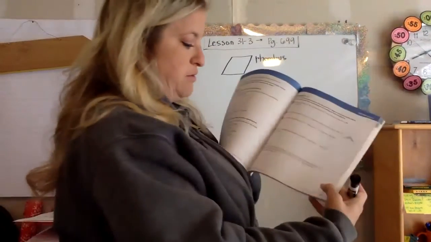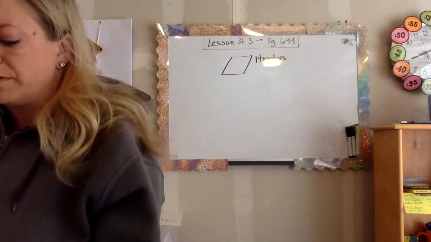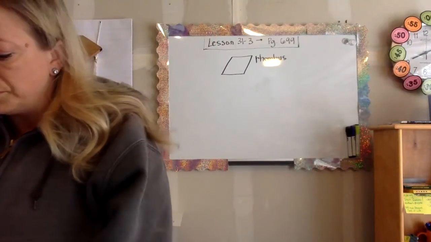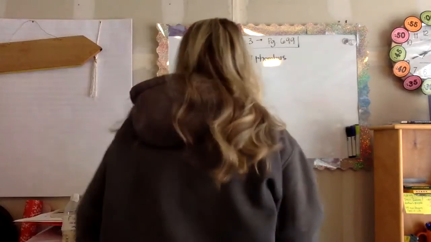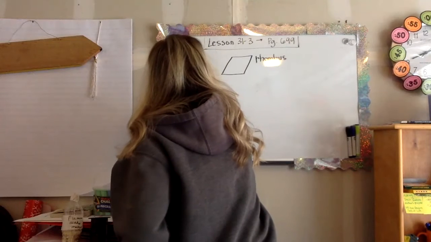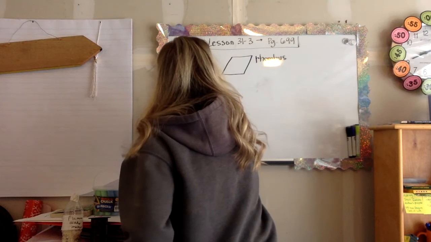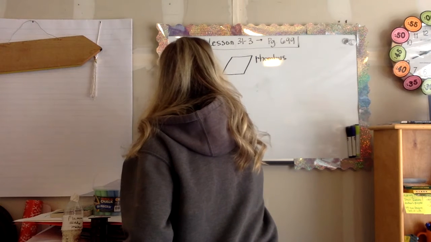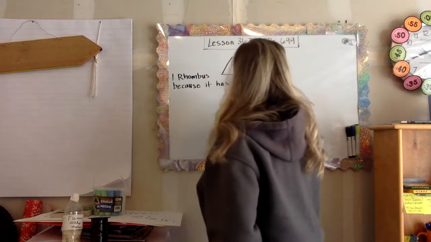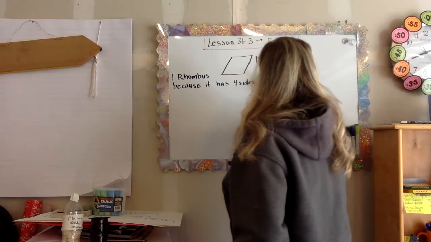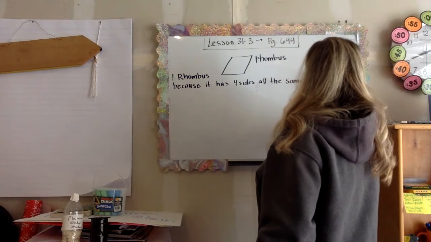All right, now I'm on page 701. It says, what is the name of the shape described on the previous page? How do you know? So this is a rhombus, and there's an H in there. It's silent. I'm going to say it's a rhombus because big elephants can always understand small elephants, because it has 4 sides, all the same length,